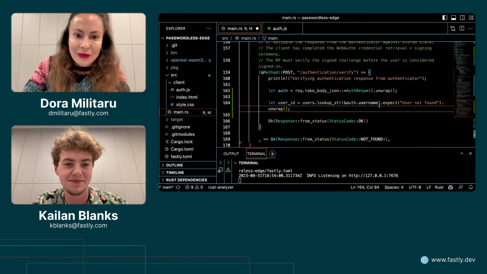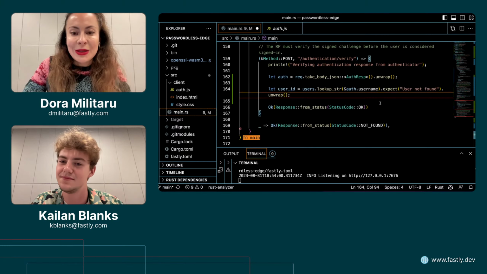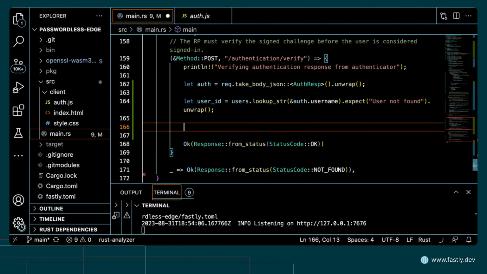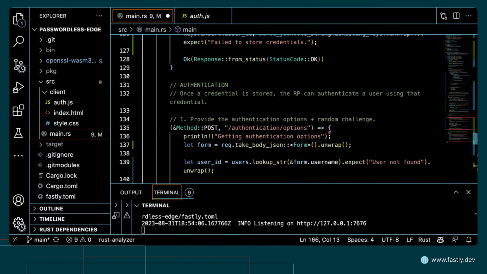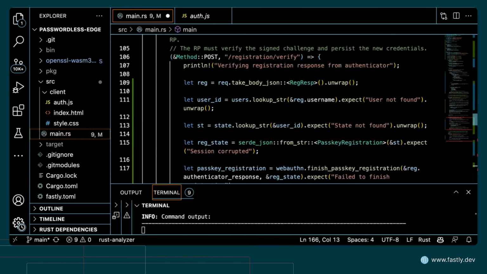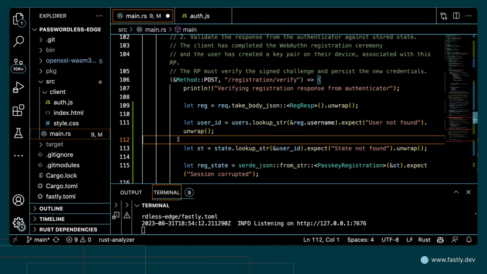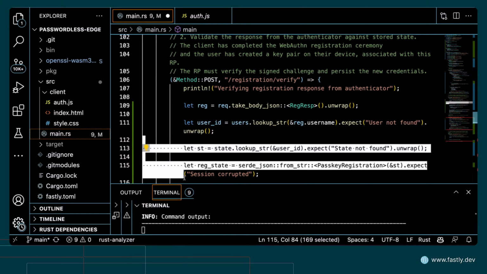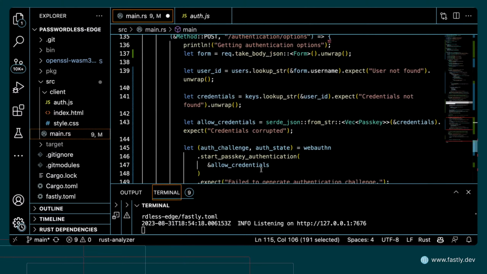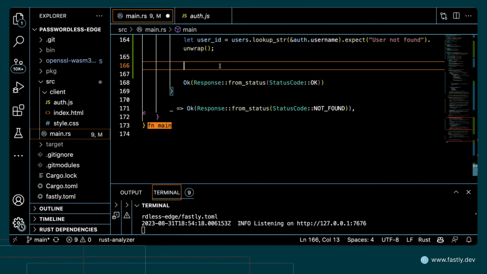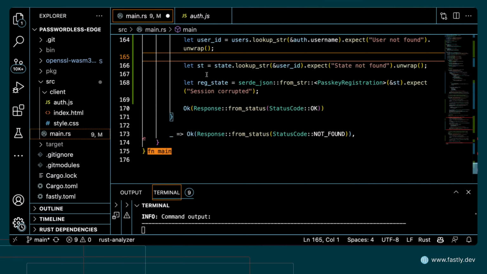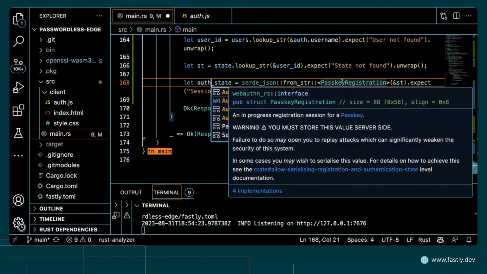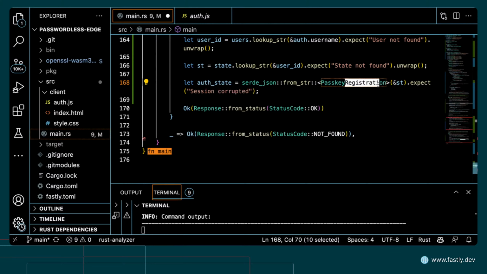I do need to retrieve the UUID. Basically, I need to retrieve the UUID at every single endpoint. That's absolutely fine. I also need the state. So I can just go back to the registration thing and copy this part. Everything. Let's copy everything. Back here. It's not called reg state anymore. It's auth state, and we want it to be